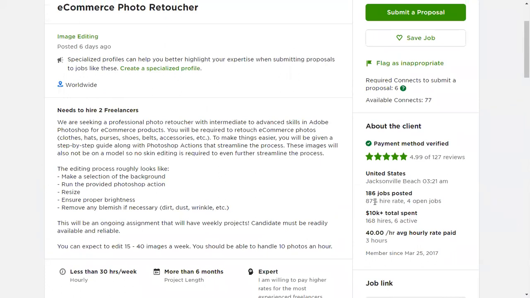As you all know, the hiring rate for this client is 87%. So that means for sure he will hire someone. And further, there are 4 different open jobs related to this category also. Further, he has already spent $10,000 plus, so that gives you another confidence that they will hire.